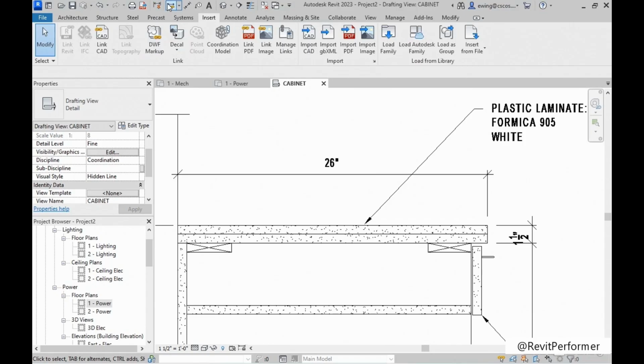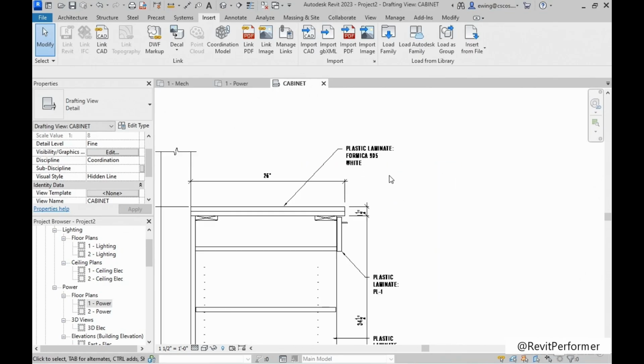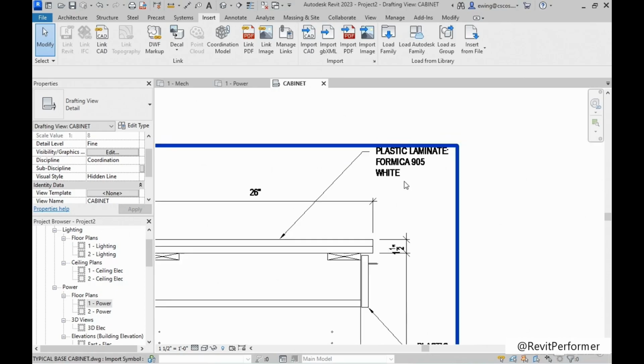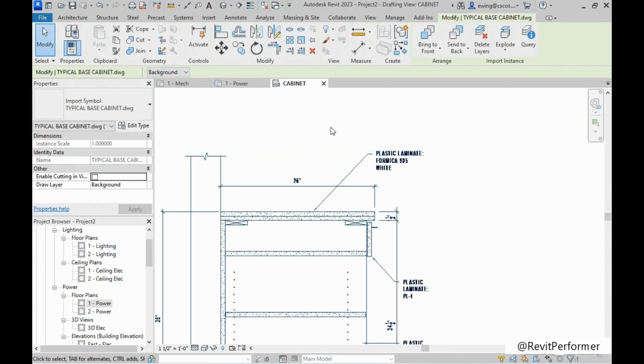26-inch deep. Of course, we're going to click on measure between two references. Pick a point here. Pick a point here. 2'2". Perfect. I don't really like to show the text coming from AutoCAD. So in this case, if we select our link,